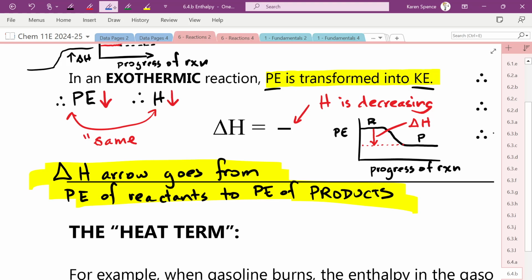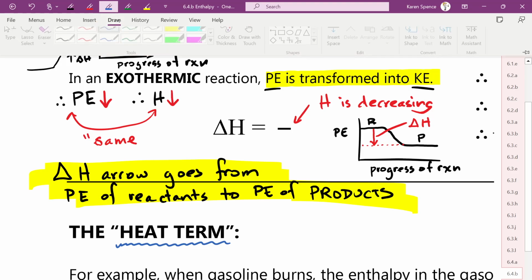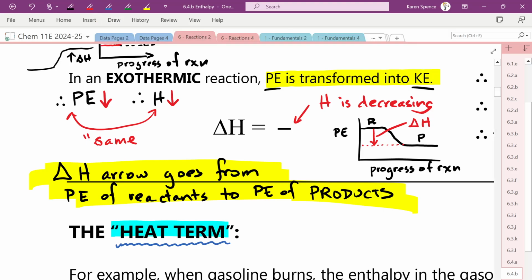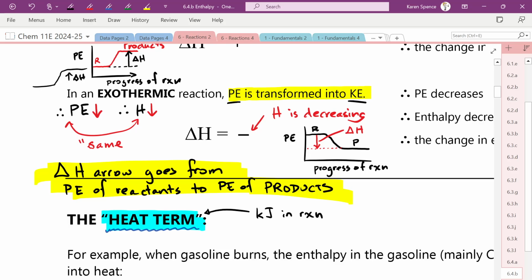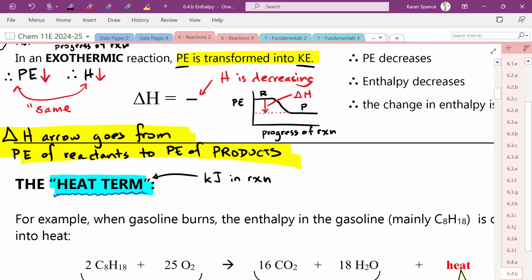So the energy term is usually referred to as the heat term. That's your kilojoules in the reaction. So here we have an example, gasoline when it burns. The enthalpy in the gasoline, which is the potential energy essentially in the gasoline, which is mainly octane, mainly C8H18,